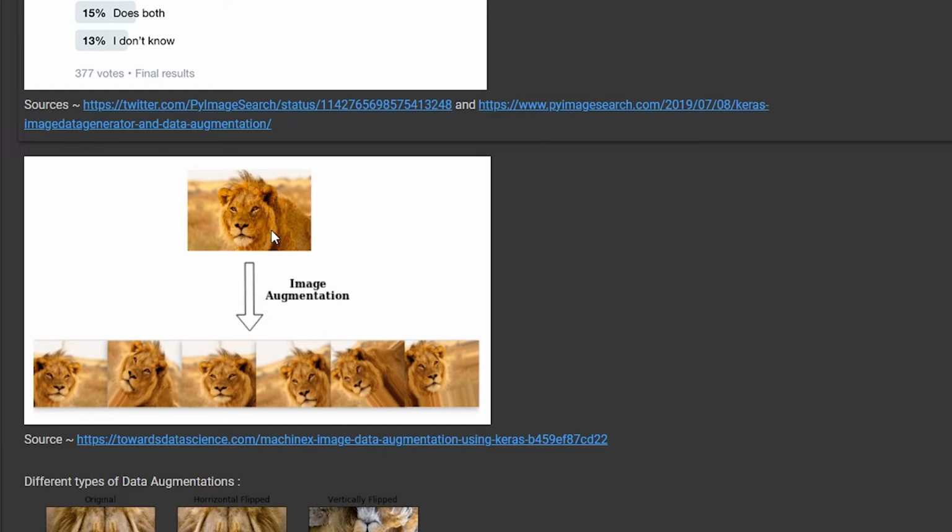Augmentation actually helps your model to learn better. Actually, I should have covered this before the regularization, but that is fine. The thing is that augmentation actually improves your data, the way the neural network is going to learn it. Because as humans, if we see this image, even if it is rotated or distorted, we can tell that, okay, this is a lion. But that doesn't happen with a neural network. If you train your neural network with just one image, it cannot classify that the particular animal you are trying to classify is a lion. For that, you are going to require data augmentation.